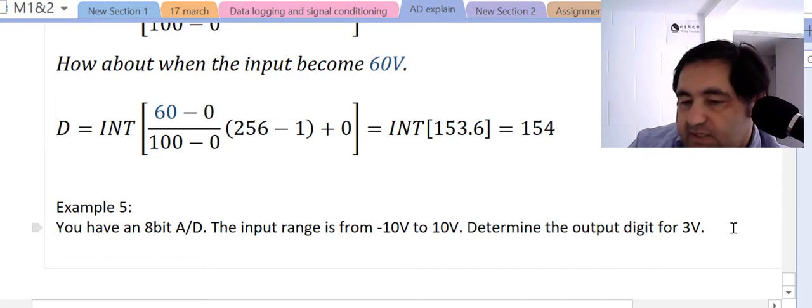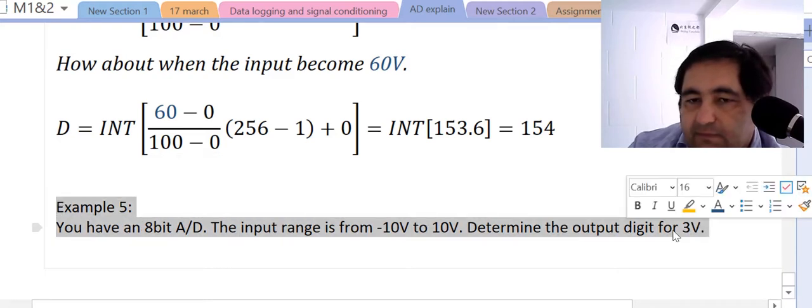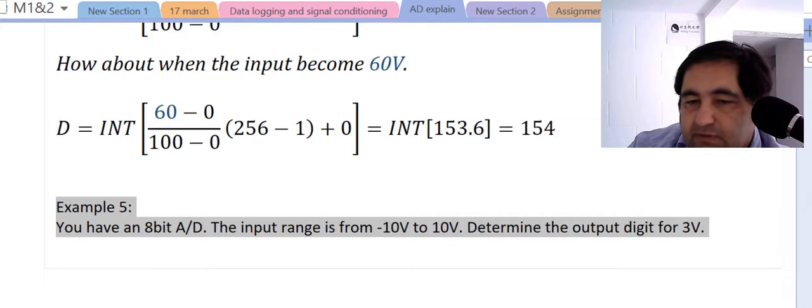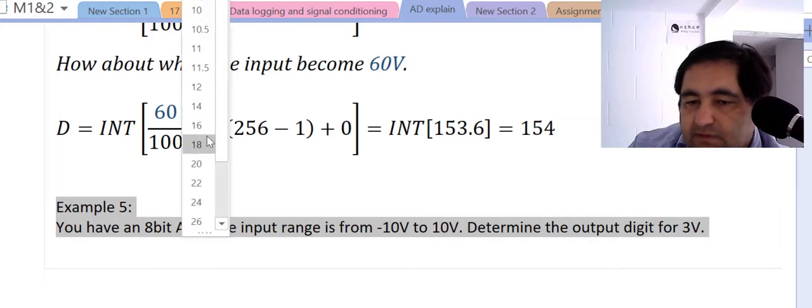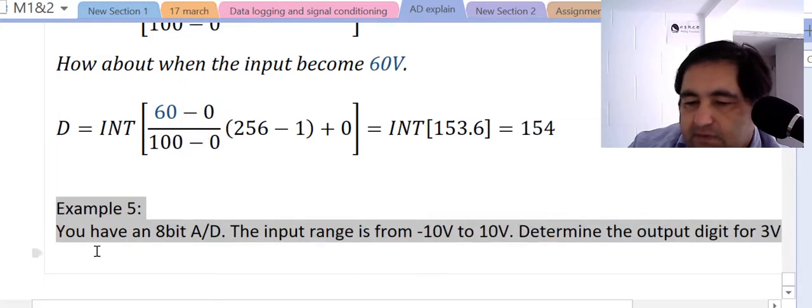So in this case, -10 volt to 10 volt. Okay, hopefully you see that properly. Let me see what is the font. 16, I might make it like 18. Okay, now